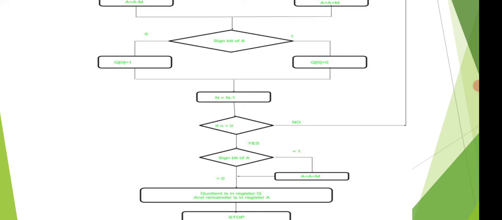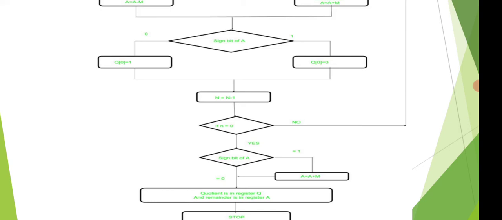If the sign bit is 0, then absolutely fine, your quotient and remainder are there in the Q and A registers. If the sign bit of A is 1, then I need to perform A equals A plus M. Then the result will be there in Q and A, and later we stop the operation.